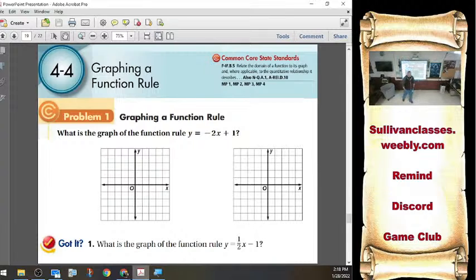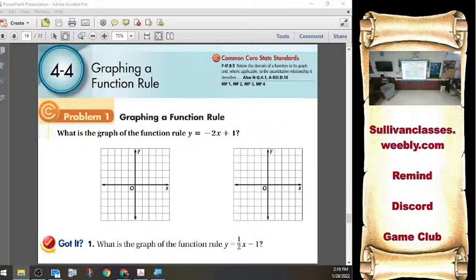4-4 is an extension of this. It's where we cross the boundary from here's pictures, make a table and a graph and an equation, to I'm just going to give you the equation, make a table and a graph. This is the fallback option. Okay? When I say the fallback option, I mean in every other class,